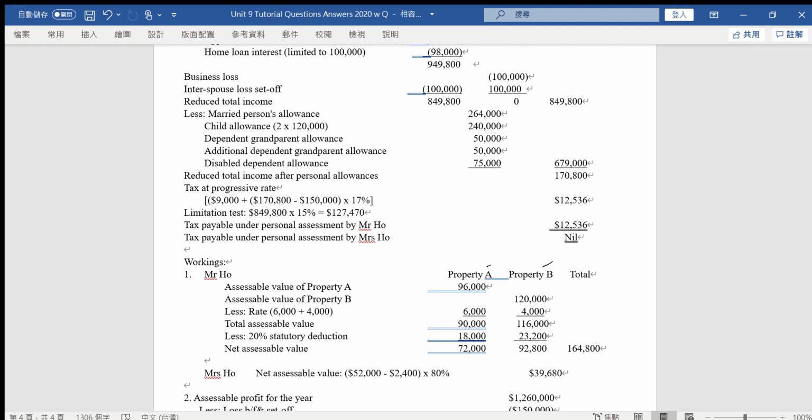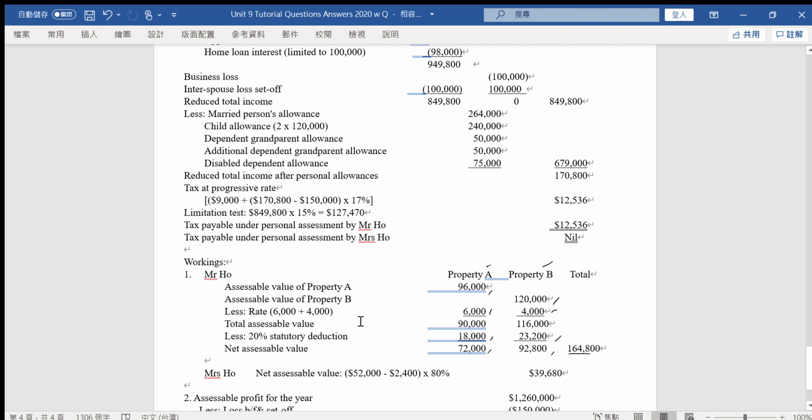And then for the A, that is the rental income, B rental income, then the rate, okay, and then that will be the concerning properties that can be deducted, okay, and then 20% statutory deduction, finally the net assessable value, and then you will add them up. That will be the total,